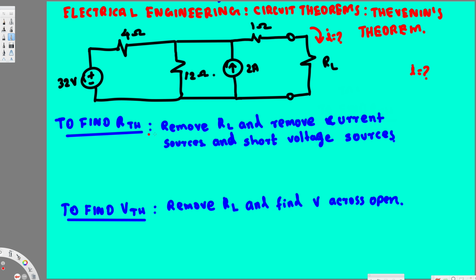To find R Thevenin, we remove the load resistance, remove the current sources and short the voltage sources, and we draw our new diagram. Now let's go ahead and draw that one and see how it's going to look. So we short our voltage source, so that's going to look like a straight line, right? And the resistances are going to remain the same. So here we have 4 ohm and 12 ohm. This is 4 ohm, and